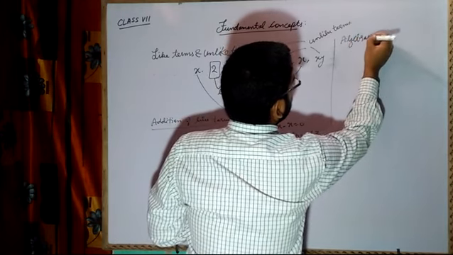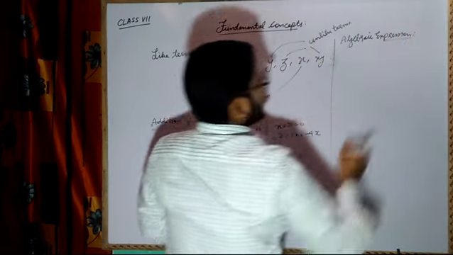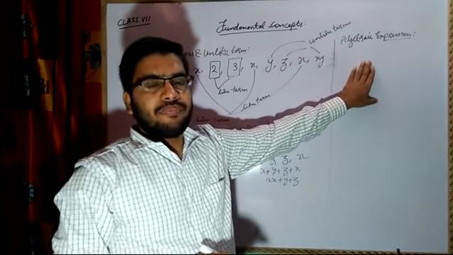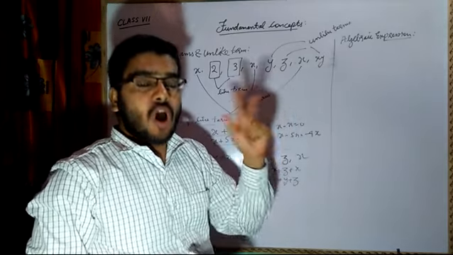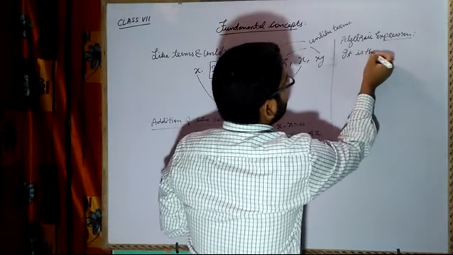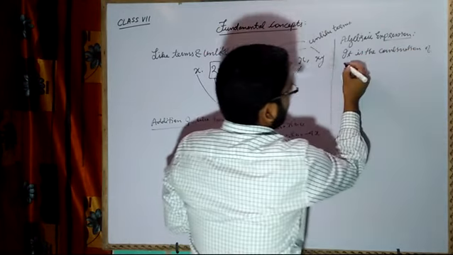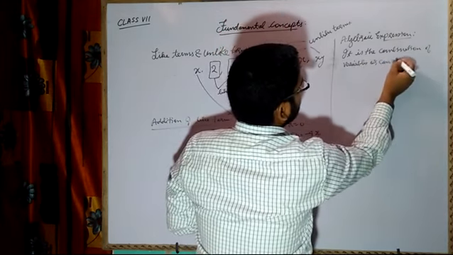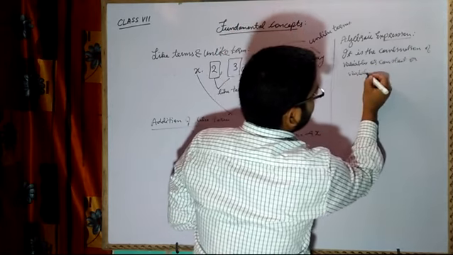Algebraic expression. What is an algebraic expression? It is the combination of variables, constants, variables or constants or both. It is the combination of variables or constants or variables and constants